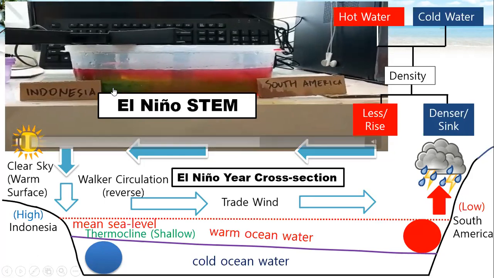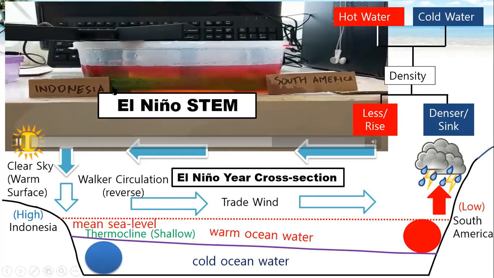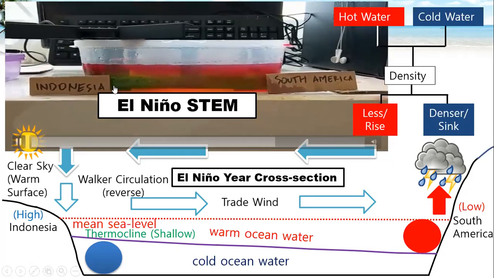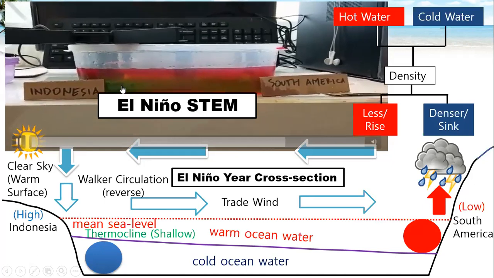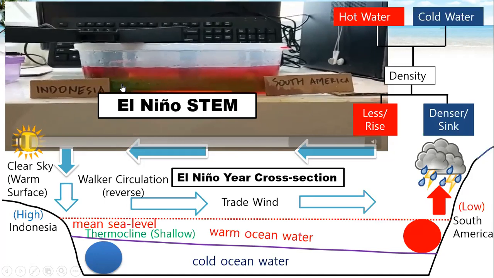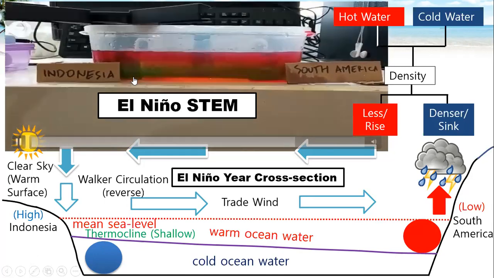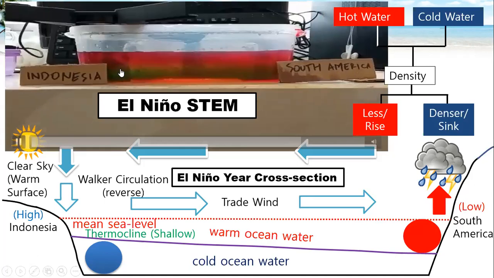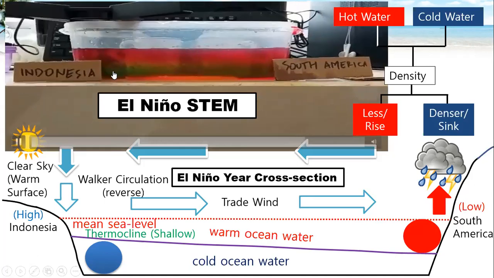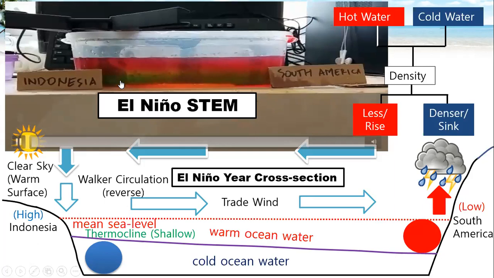So we could see the rising of cold water from the bottom that might trigger the rising of water mass from the bottom. So if the water mass from the bottom is rising, it means that we might experience upwelling during El Nino year in